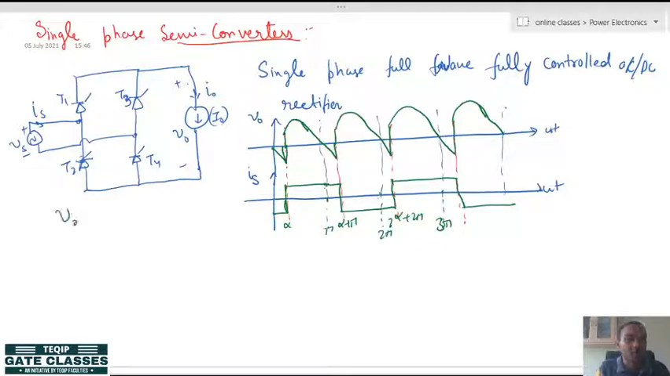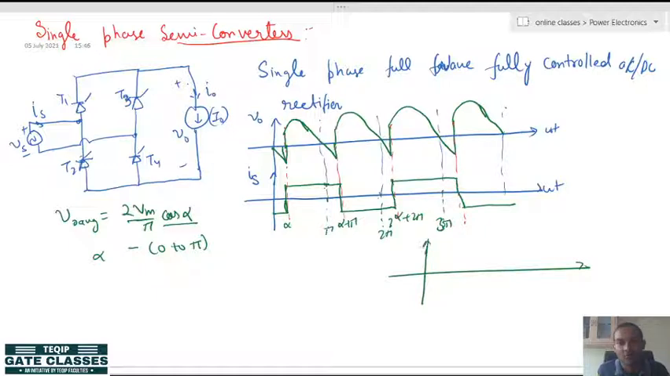If you remember, its average output voltage was 2 Vm upon pi cos alpha, and its range of firing angle was from 0 to pi. So if you vary alpha from 0 to pi, the average output voltage will also vary as a cosine wave, because 2 Vm upon pi is a constant factor. So, if you plot this function,